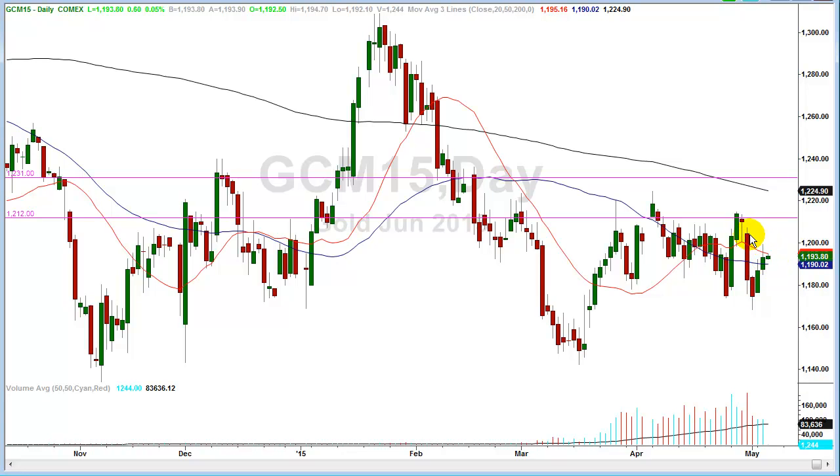Right now we have to achieve this red bar high here. We have to close above this high in order to get back to the 212, which isn't far away from there anyway. So that's most likely going to happen in one day. Anyway, that's where we are in gold, and nothing's changed. I'm still looking for higher prices.